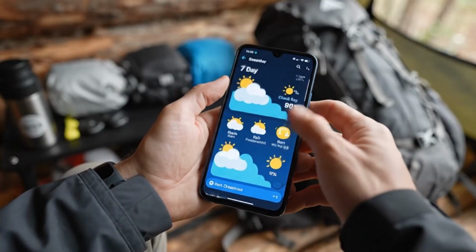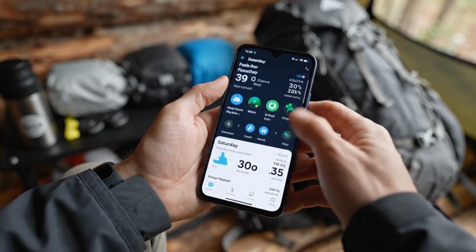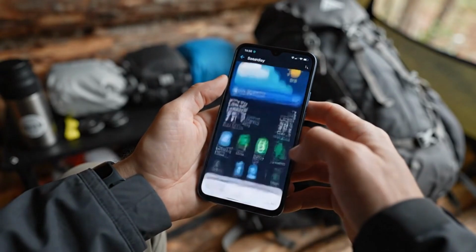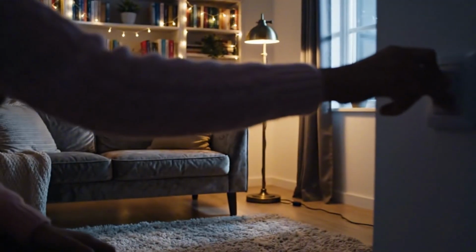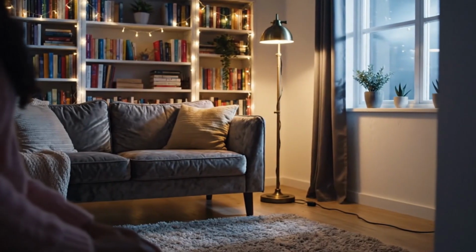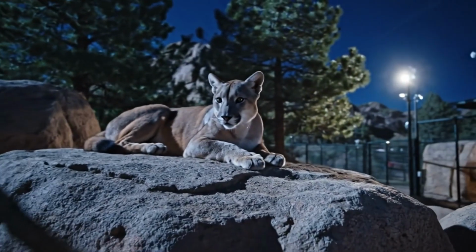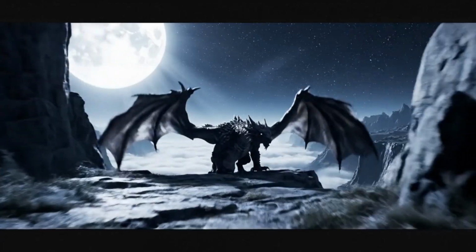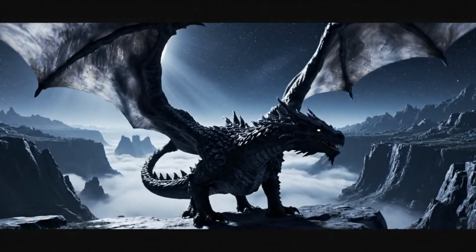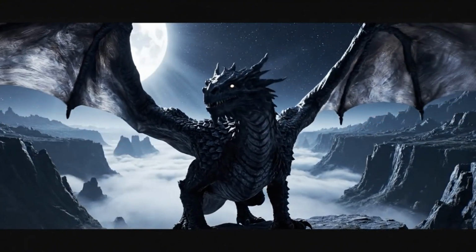The forecast for Saturday is critical. Heavy precipitation and high winds mean we must prioritize securing the camp. It's time to dim the lights and settle in for the night. Let the quiet stillness wash over you. Observing the puma reminds us of our solemn responsibility. To stand before such majesty is to understand true respect, a reverence for the...